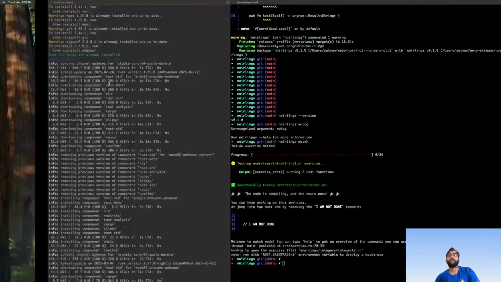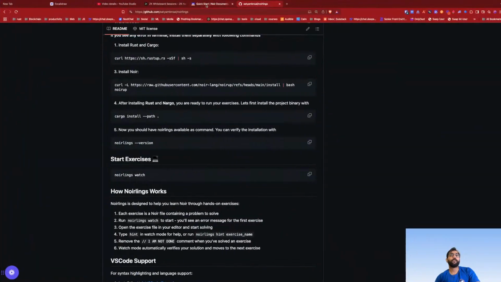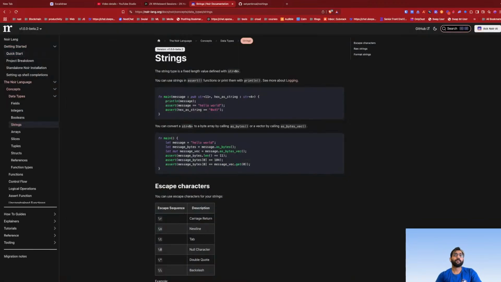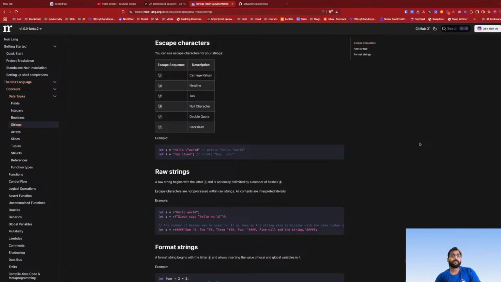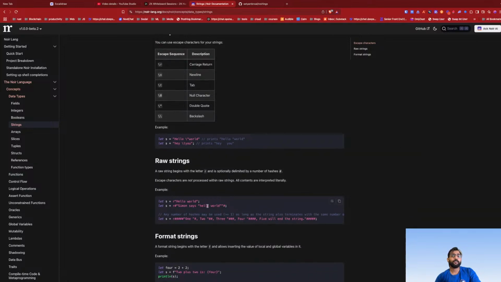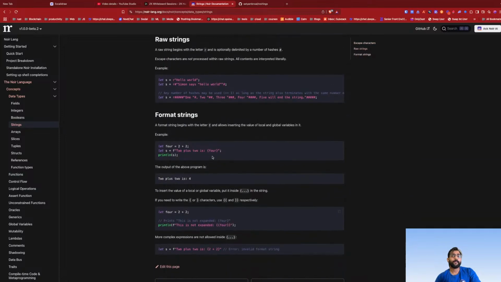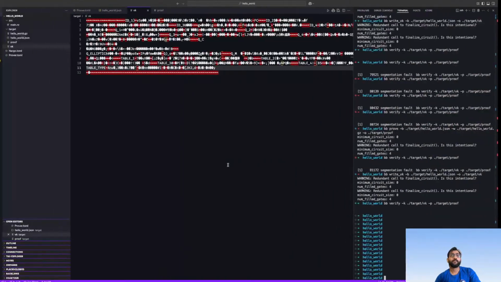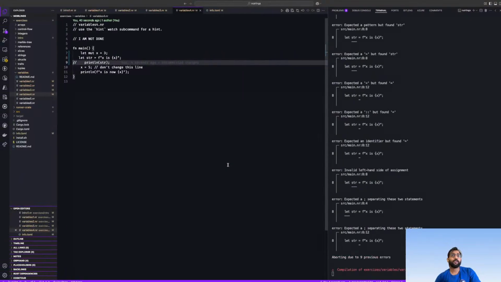Okay, so let's see string formatting in Noir. Okay, so I guess you can use this. Sounds okay to me.